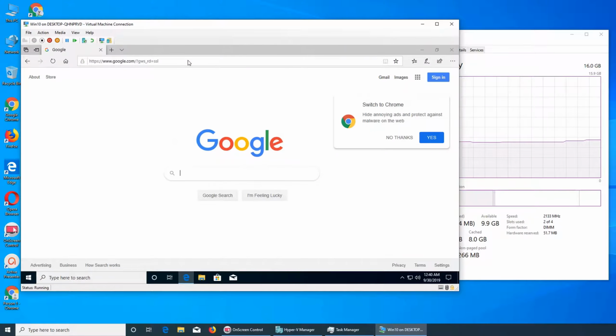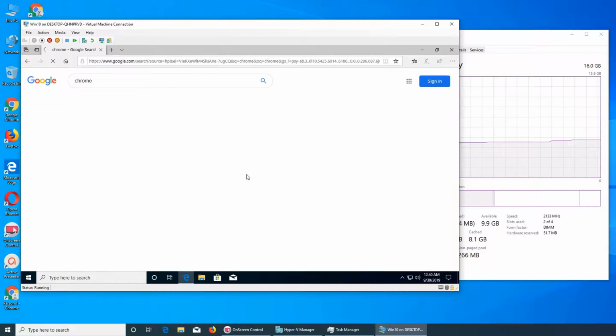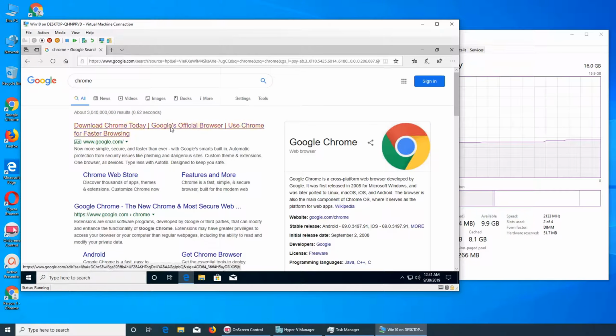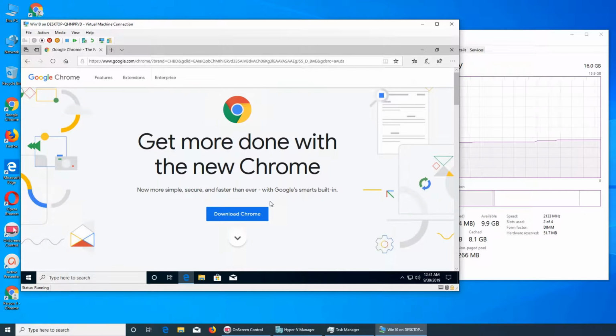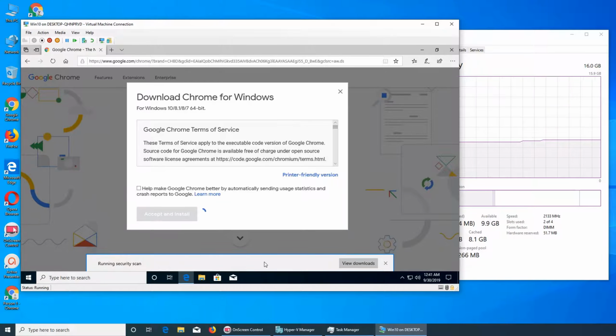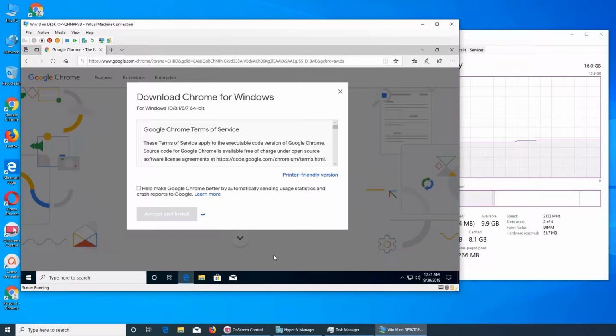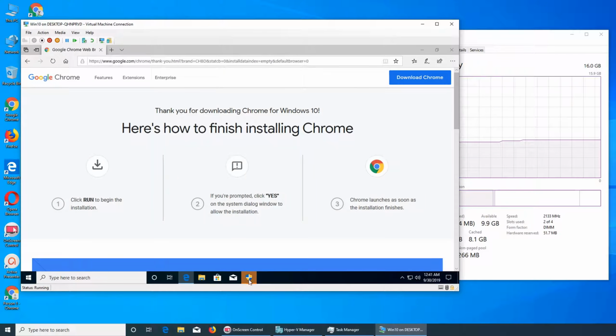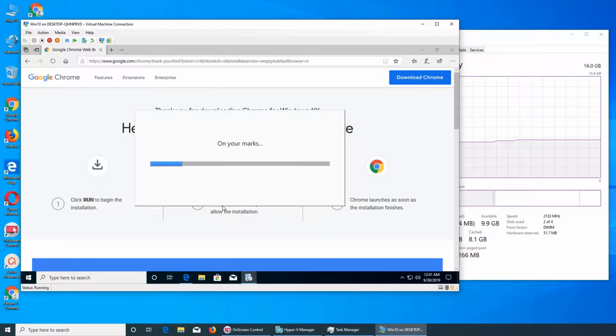Can we install Google Chrome from within the Hyper-V? Let's see if it works. Can we do it? Will it work? Accept and run and see where it installs. It's prompting me, yeah, go ahead, on your mark. Downloading. Okay, it's downloading, so it's pretty much like a